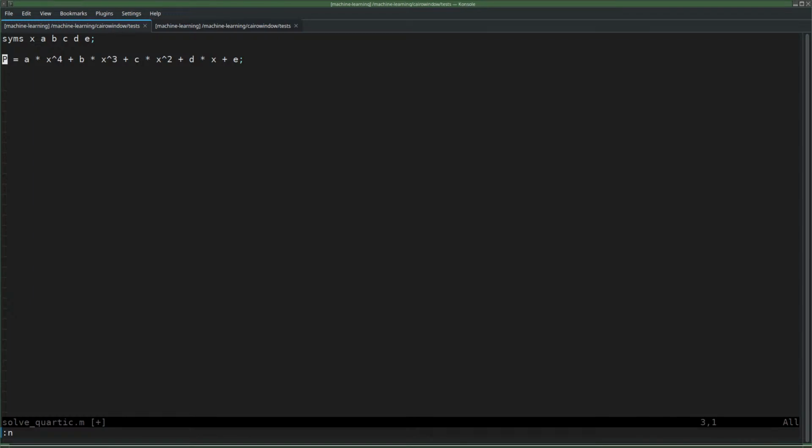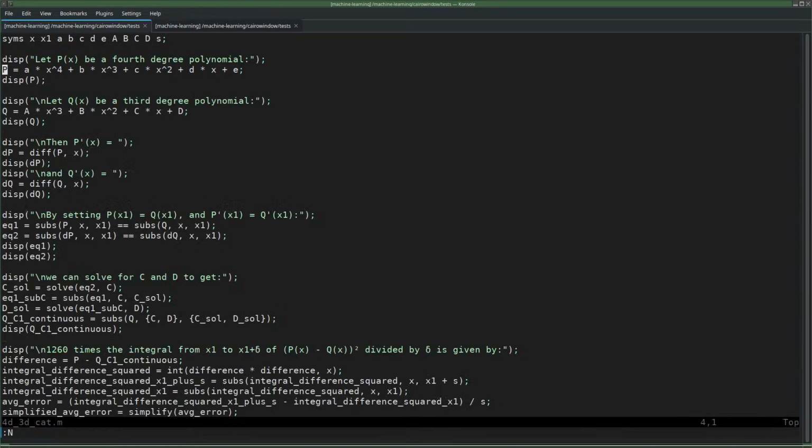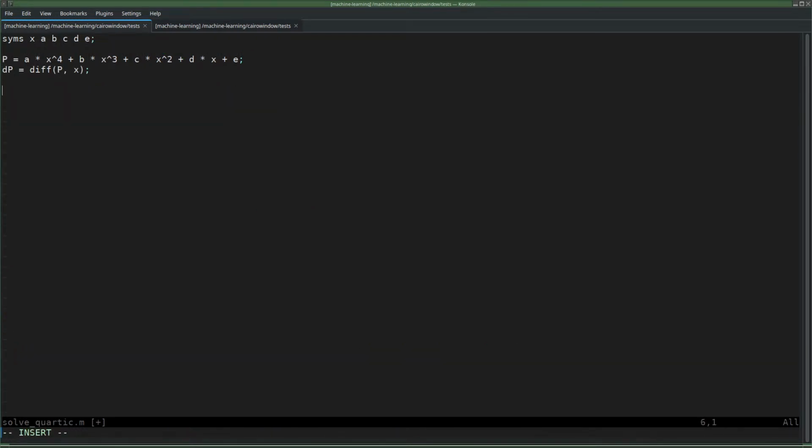So we make a 4-degree polynomial, and then we make the derivative of that. We probably might need that as well. So we have dp. And then